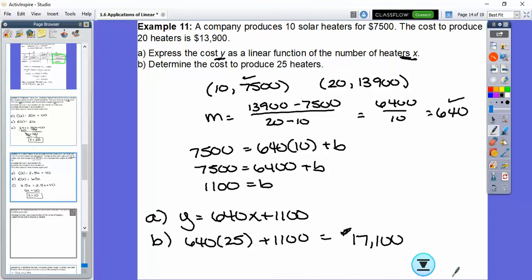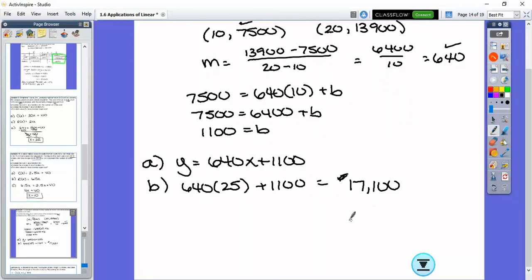Questions on this one? Alright. Then that is our stopping point for today. So on the handout we have been working on, we are ready